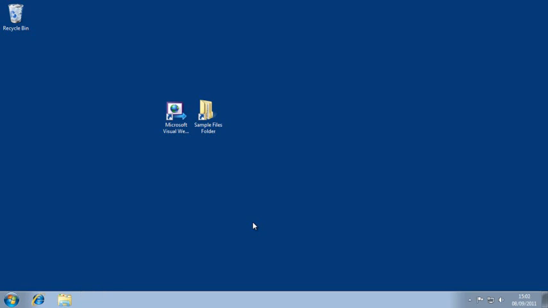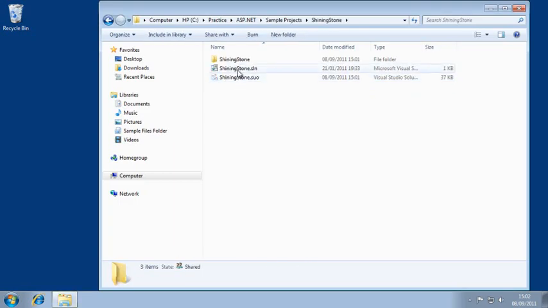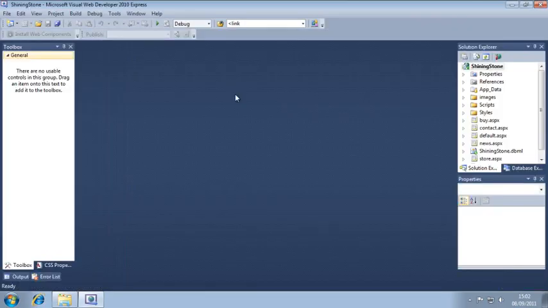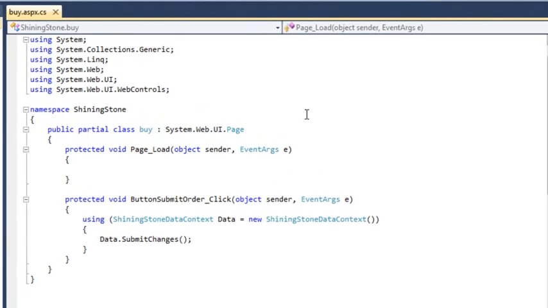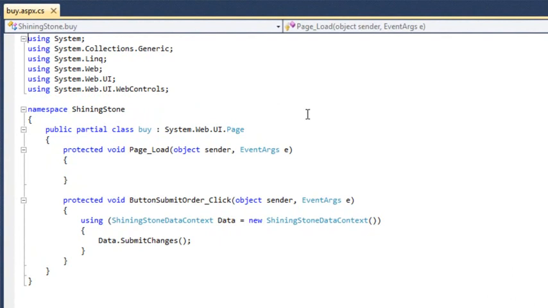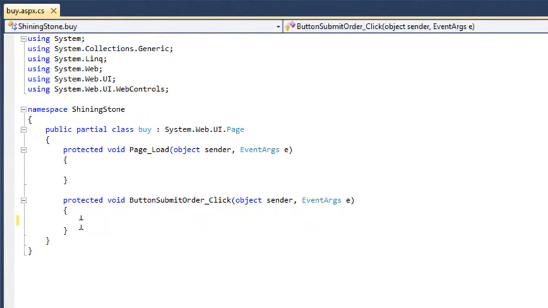To begin this lesson, open the Shining Stone sample file from your Sample Files folder, and open the code behind file of buy.aspx. We are now going to create an if statement. First, remove all existing code from the Button Submit Order Click Event Handler and replace it with the following: